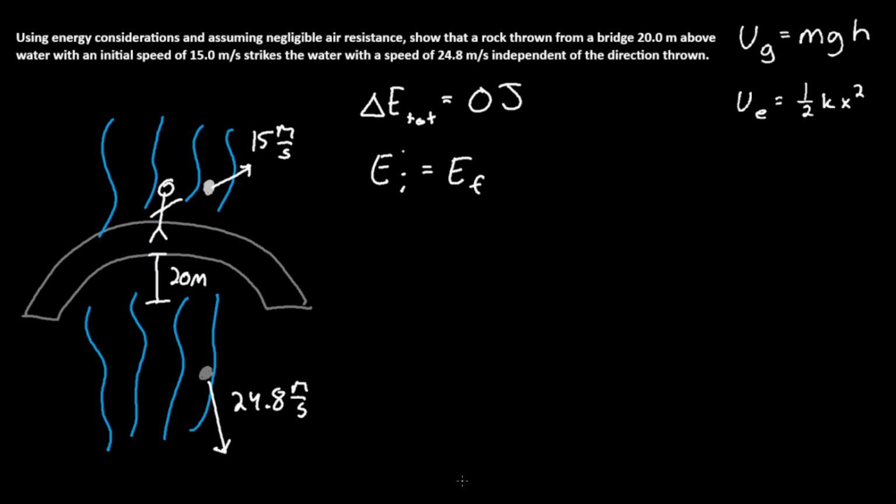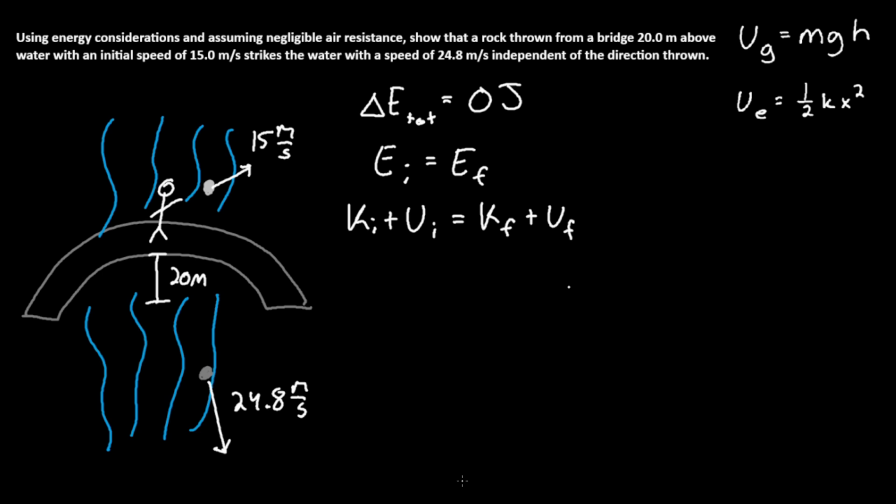So what are the components? What actually contributes to the initial energy state? Well, what contributes to the initial energy state is, first off, our gravitational potential energy, because we're 20 meters above the water, assuming the water is set at y equals 0. And we also have our kinetic energy. So the person is throwing the rock at 15 meters per second. So we have our initial kinetic energy, and we have our initial gravitational potential energy, which is equal to our final kinetic energy plus our